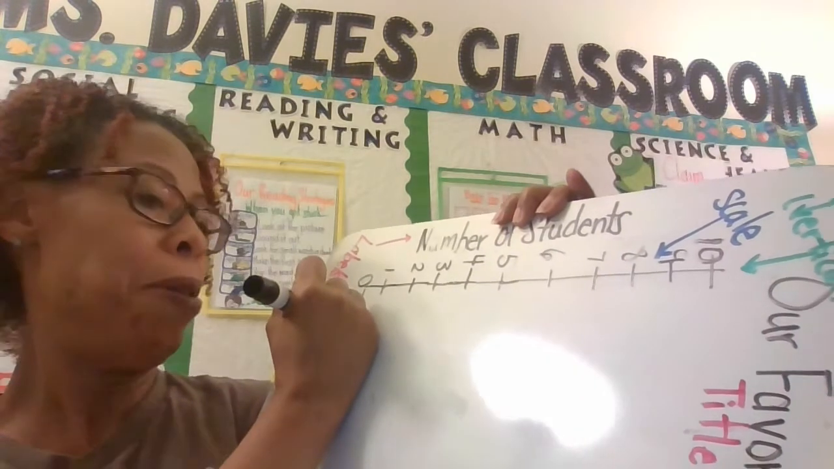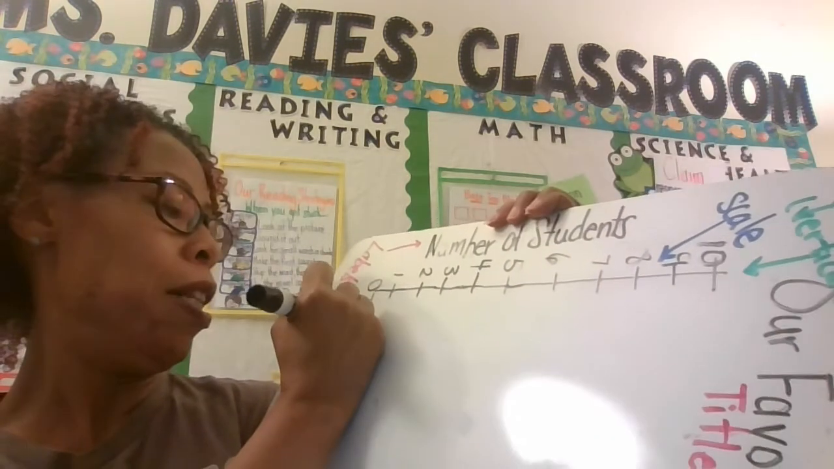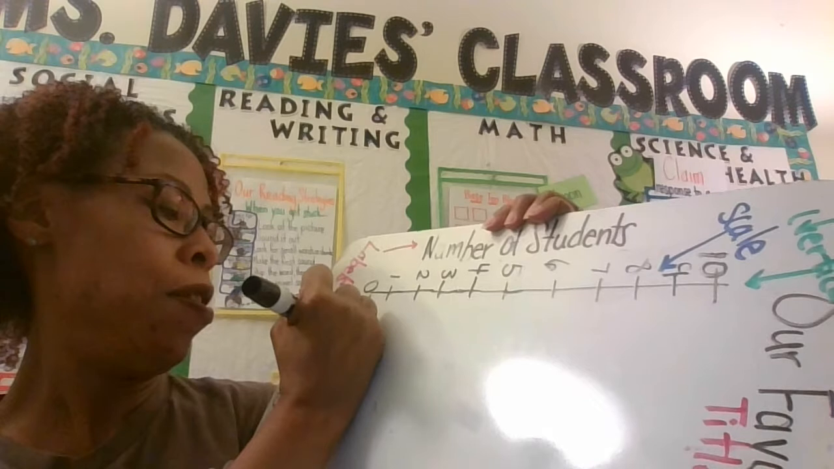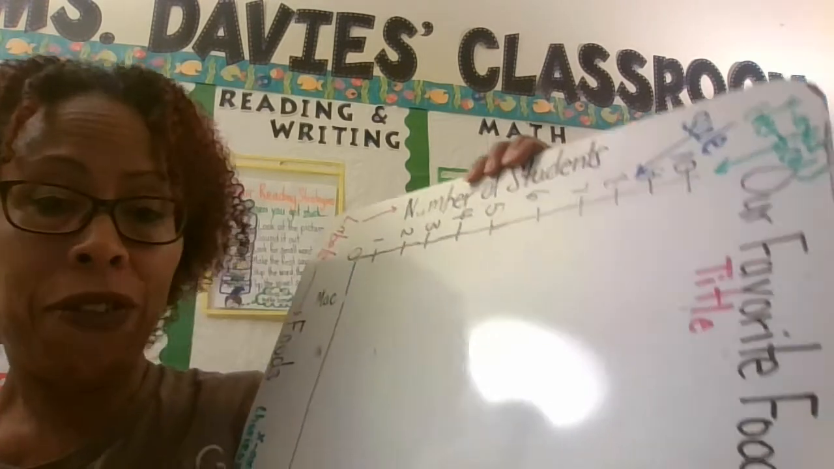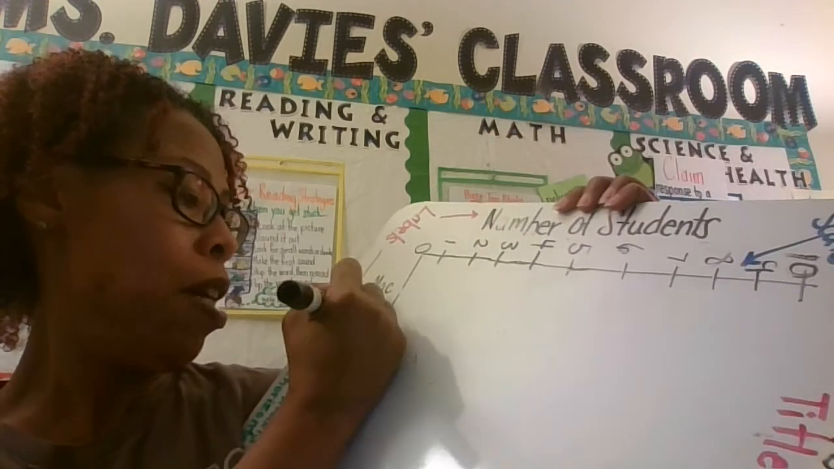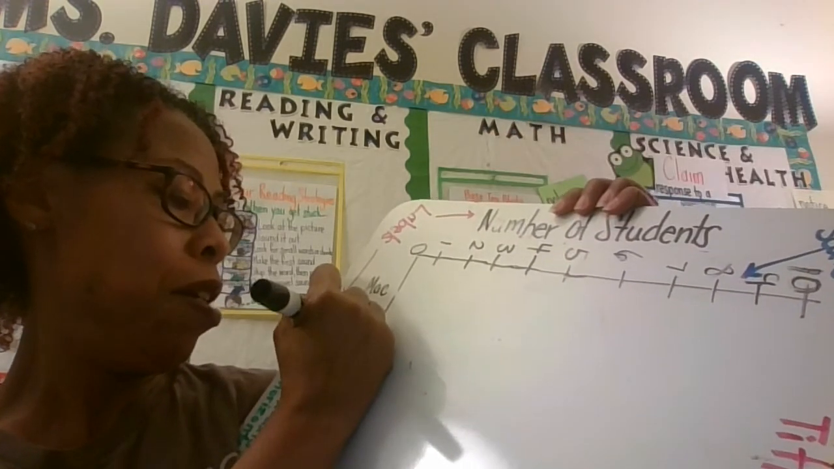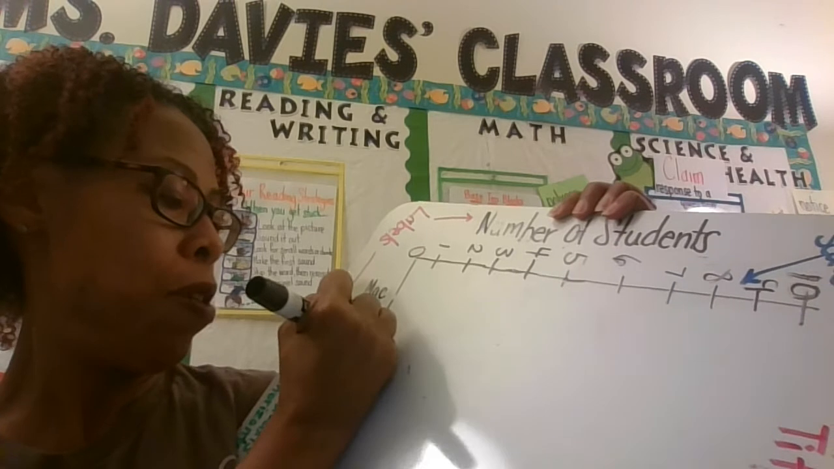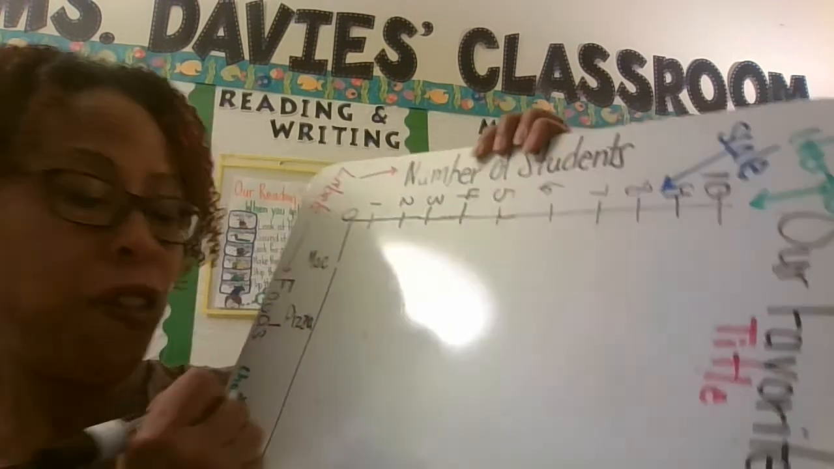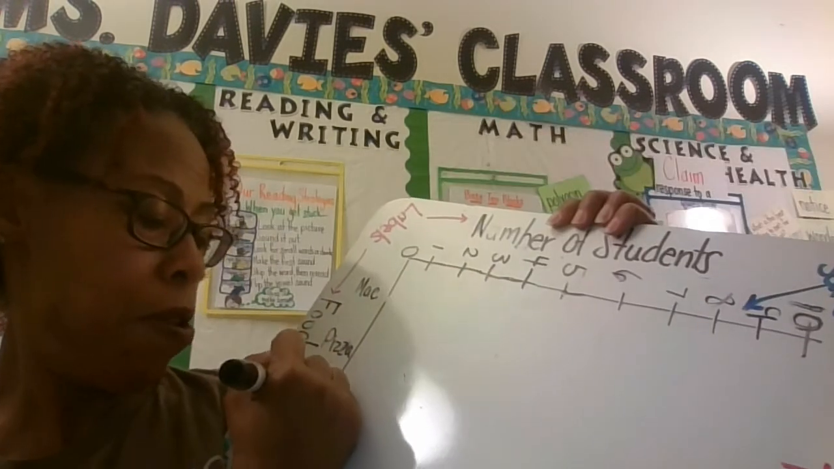So when we think about favorite foods of students, a lot of times they like mac and cheese. Mac, we're just going to call it Mac for right now because of the spacing. And we're going to say pizza. And we're going to leave space between each one. Leave enough space for the bar. And we're going to say hamburger,